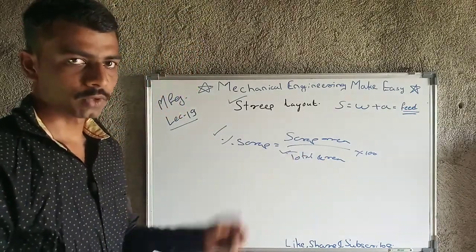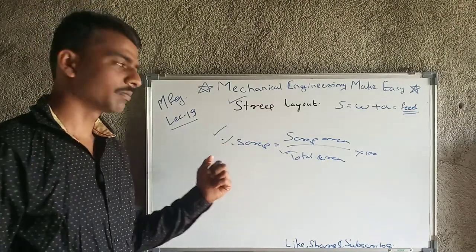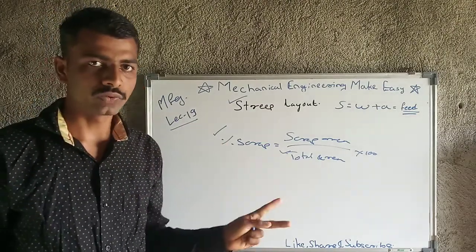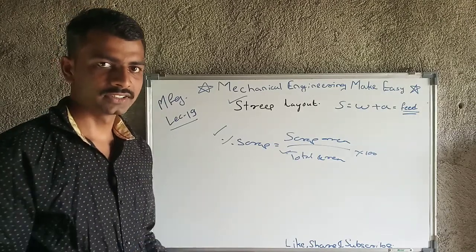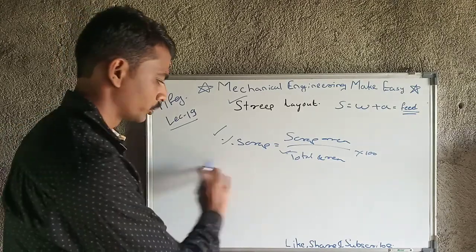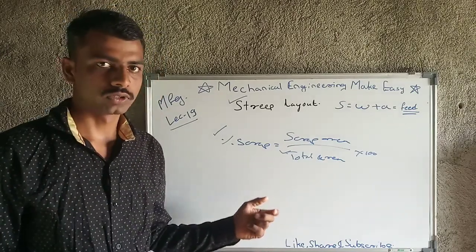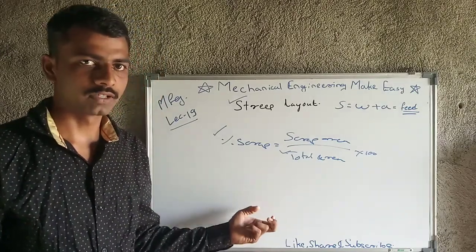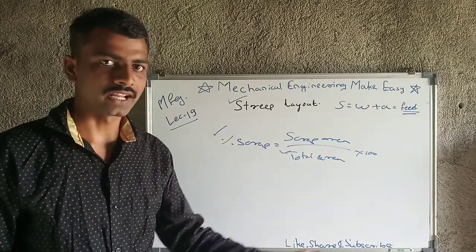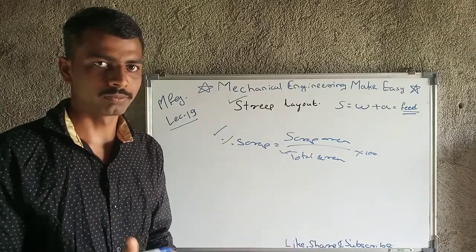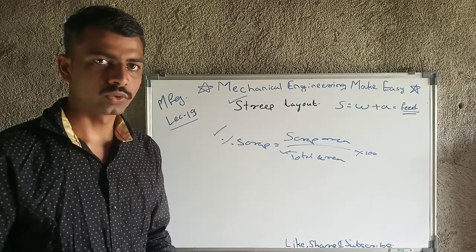So ultimately, from the percentage utilization of area and the percentage of scrap of area, these two values, we will get to know the efficiency of our process, that is, how much of that sheet material we are using and converting into the final component, and what percentage of material we are generating as scrap.